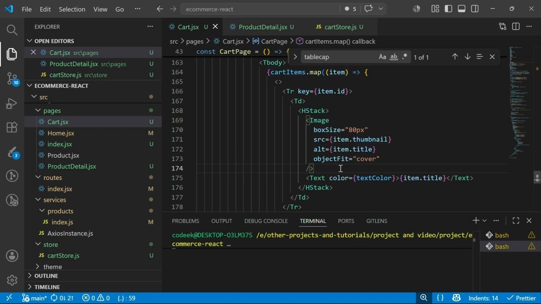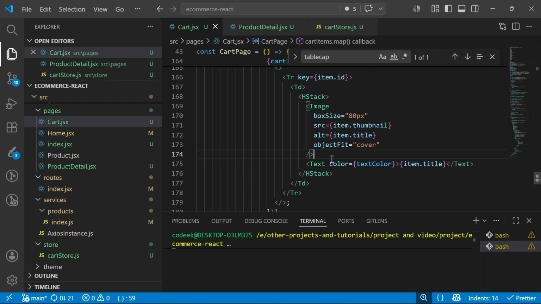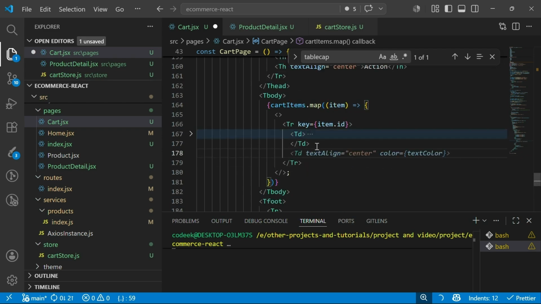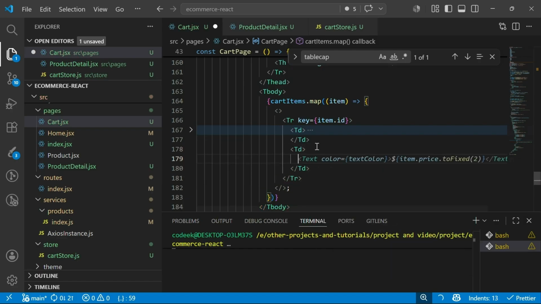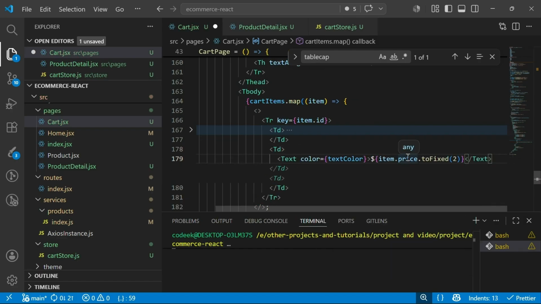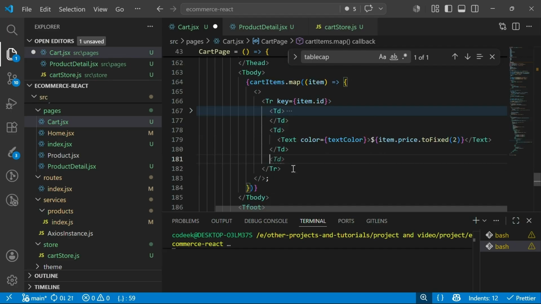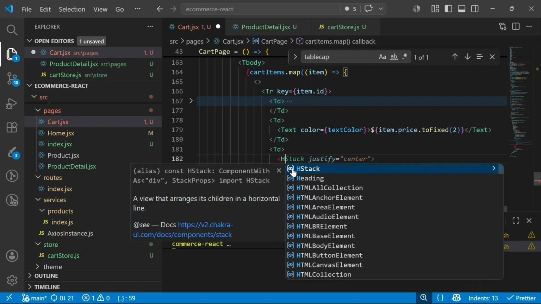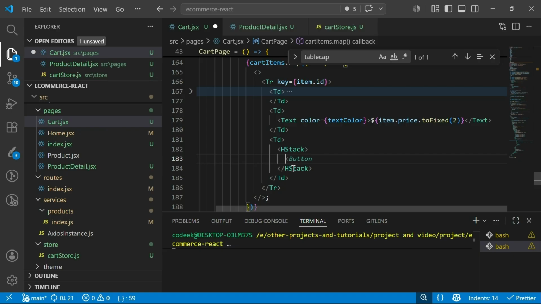And after this first column, now let's go over to the second column, add td, and this one's actually for the price section, right? So it should be item.price, then toFixed, right? And after that we'll simply use the quantity section, right? So this one will be again HStack, and should be button first of all